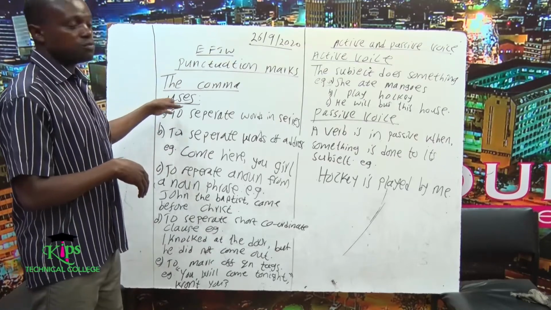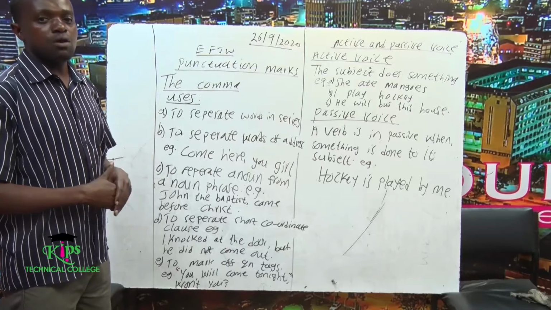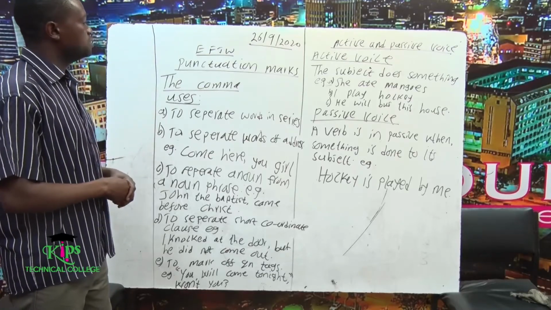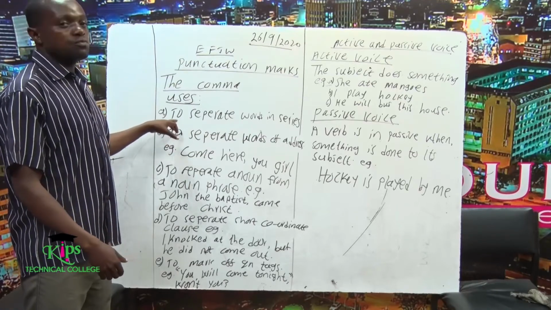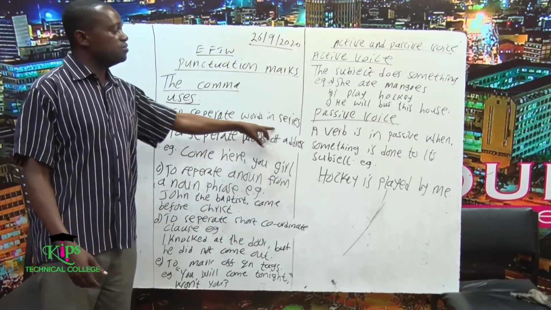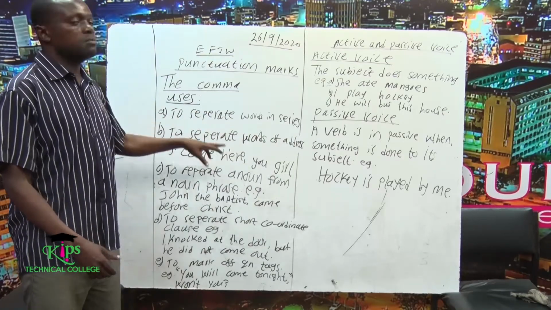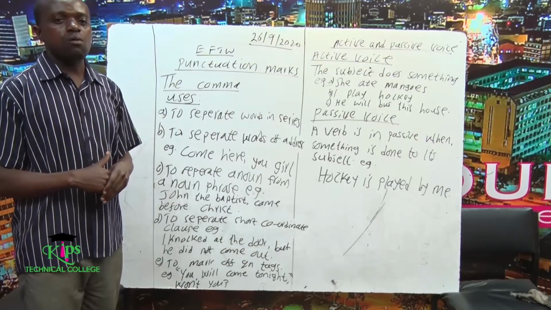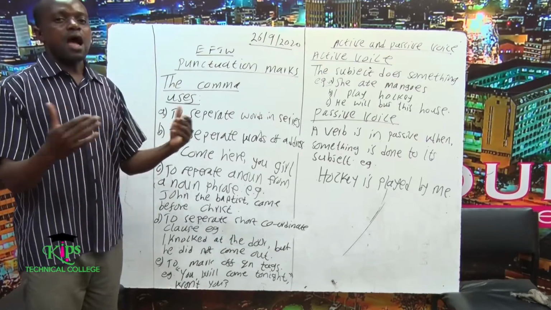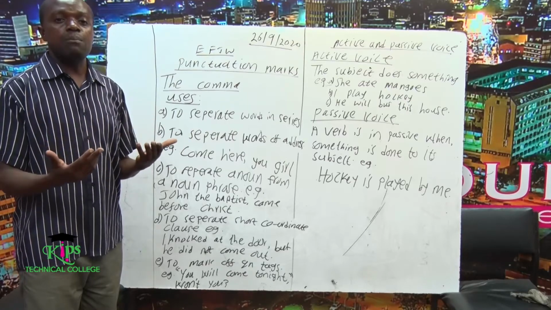So some of the uses of the comma, I've highlighted them here. We are going to explain them one by one so that we can comprehend the uses of the comma. One of the main functions of the comma is to separate words in a series. When you're talking about words in a series, this simply means words in a continuous prose or in a continuous form. For example, someone may say, I went to the supermarket and I bought mangoes, oranges, apples,